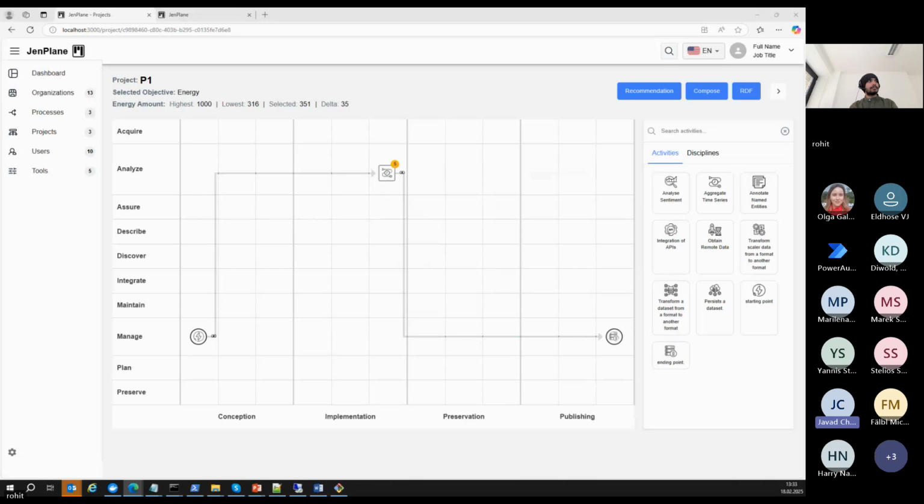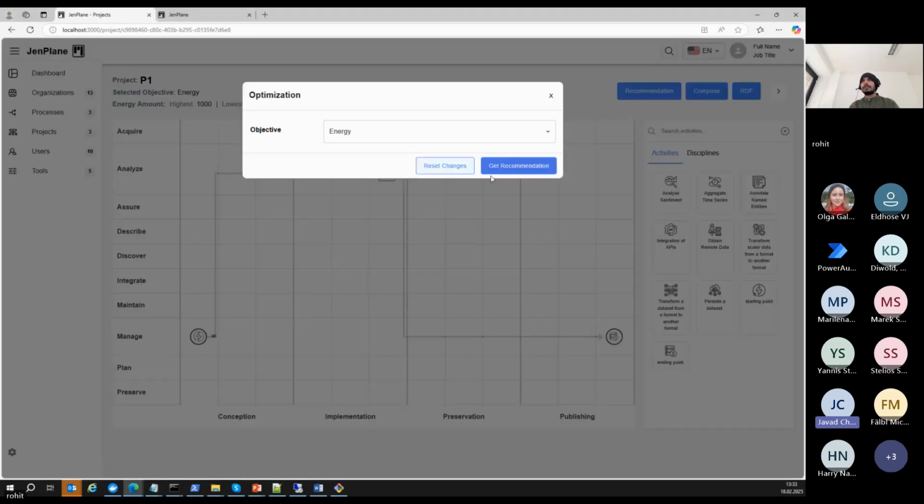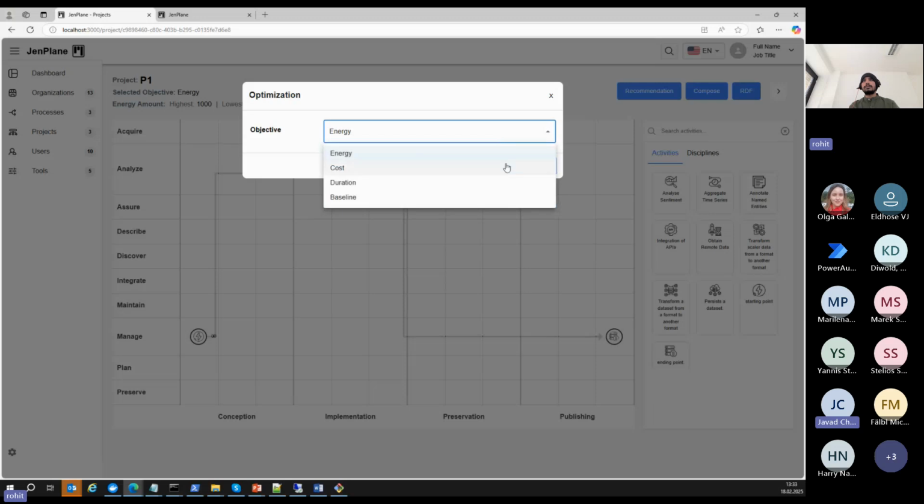And then among the matches, we try to optimize them for the optimization objective that you have. At the moment here, the selected objective is energy, but we are supporting energy, cost, and duration. So in the whole GenPlane process, there is a concept of optimization, which means that all of the